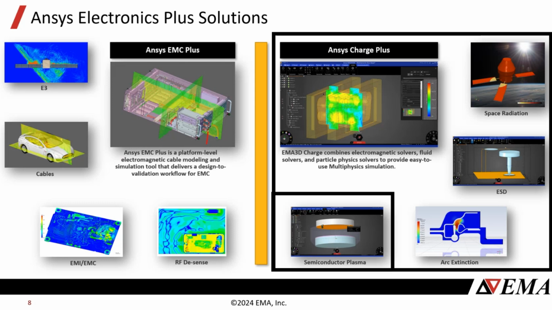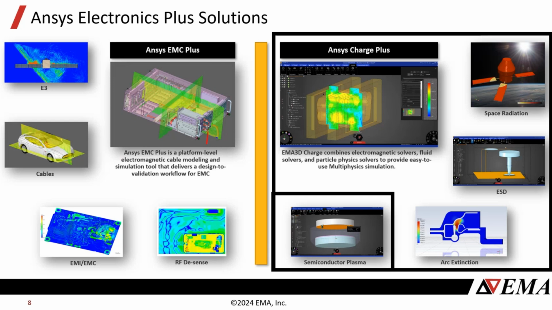So in space, you have to deal with a satellite that can't be grounded. It has to interact with that plasma that is present in space, and that will lead to the spacecraft charging concerns that arise in the space and defense industry. A lot of the technology for understanding how plasma responds also helps us model how plasma gets generated or how plasma dissipates. And that's some of the other workflows that we can tackle, such as ESDs or arc extinction, by